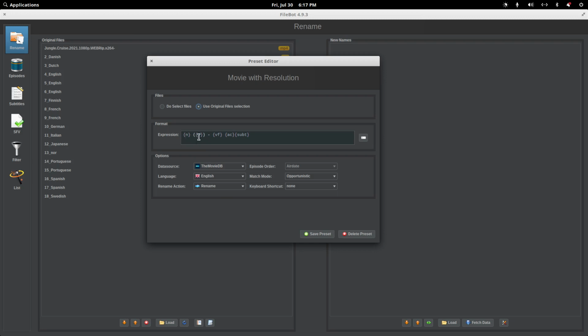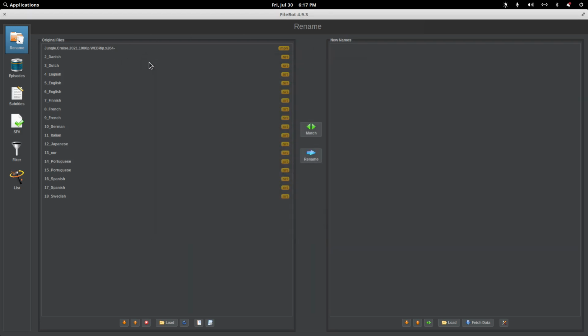Basically the name of the movie, the year, video format, audio format, and then SUBT, the bracketed subtitle, figures out the language of the subtitle. Unfortunately, Filebot cannot discover the type of subtitle, but it can determine the language. So if I click and use my preset,